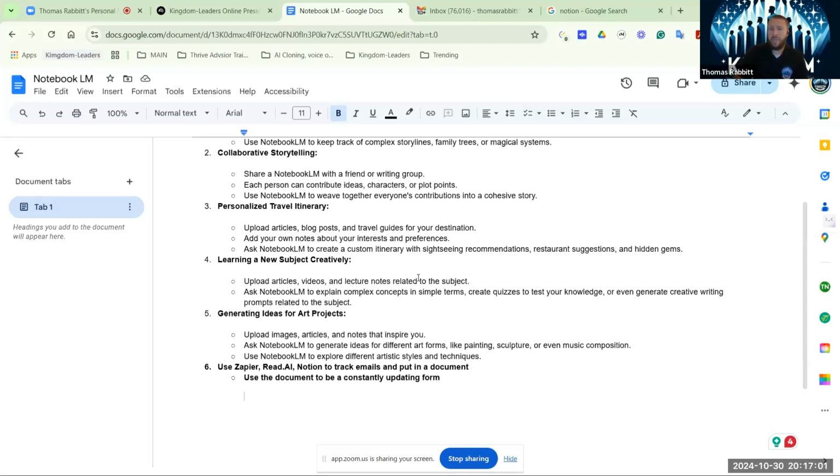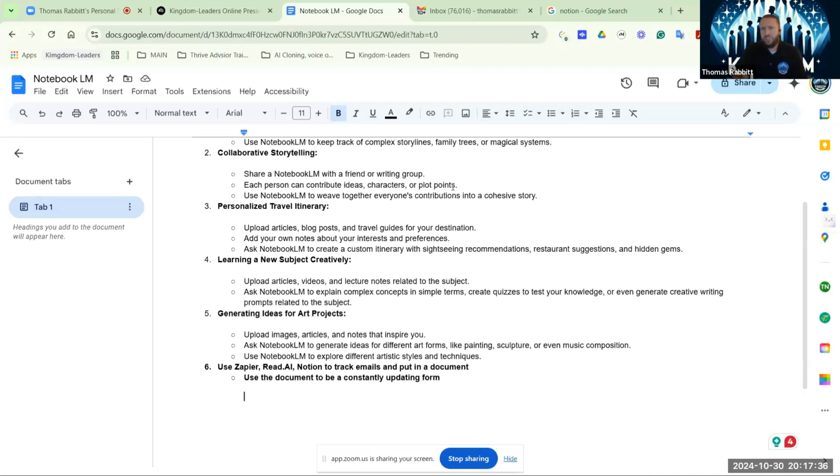Learning a new subject creatively. You can create tests for yourself on a securities exam, something of that sort. You have this massive book, right? A lot of information that needs to be studied. Well, you can take that online document, put it in there. It can create frequently asked questions, study guides. You can take test after test after test, and then upload the test, and then ask it to say, okay, what do I need to focus on the most after taking all of these quizzes and exams? Can you give me another quiz and exam?